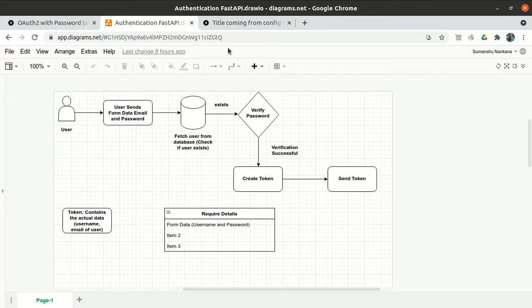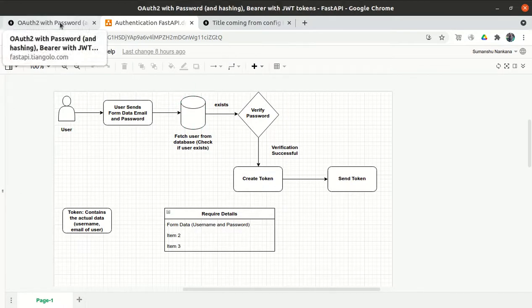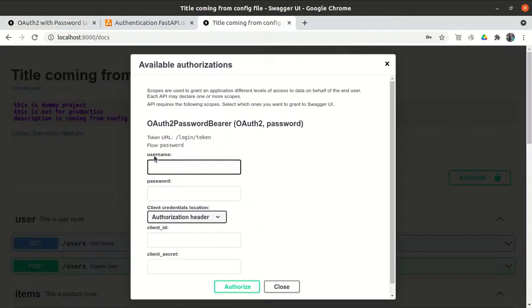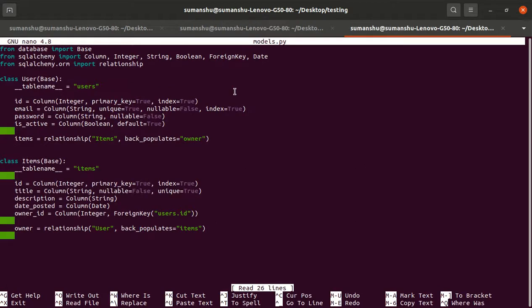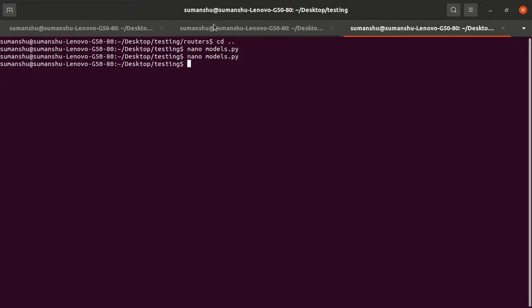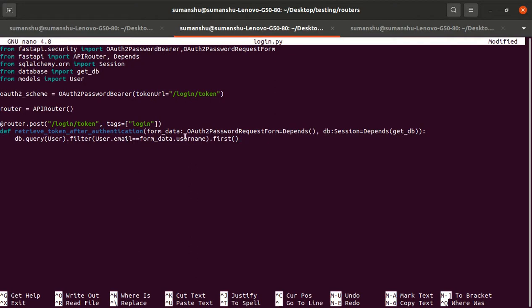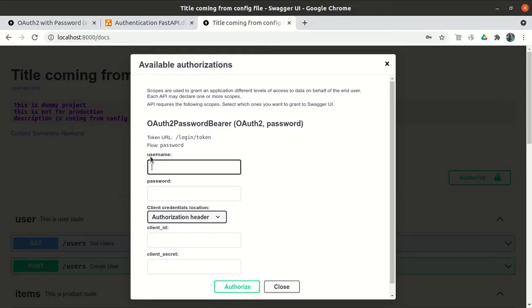So one thing we have to notice here, in the form data, this is a username, so this is like an inbuilt form, so we can't change this username, but actually we are here accepting the email. So don't get confused, because username is just a form field rather than the email.